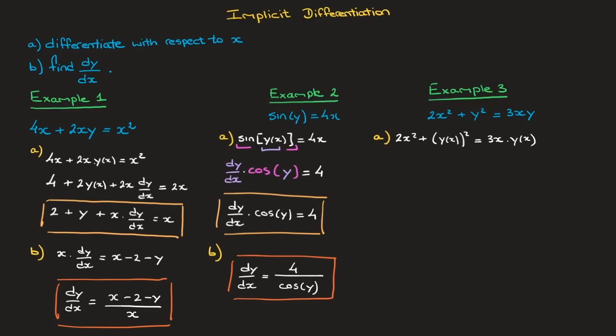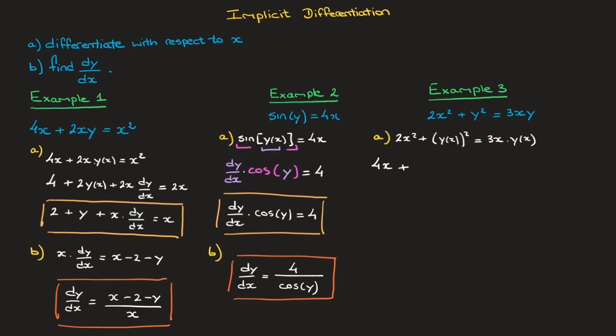And now that I've done that, I can see quite clearly on the left-hand side that this (y of x) squared is a composite function, and I can see that this 3x times y of x is a product of two functions. So for this one, we'll need both the chain rule as well as the product rule. So let's go ahead. Differentiating 2x squared, we get 4x, and we add to that the derivative of (y of